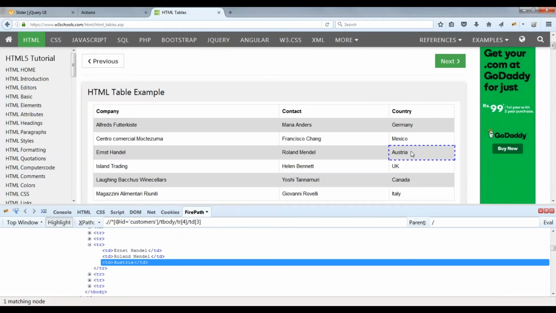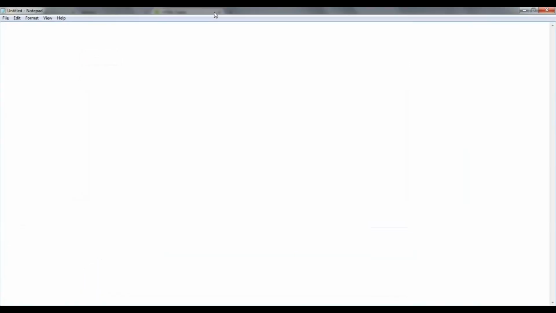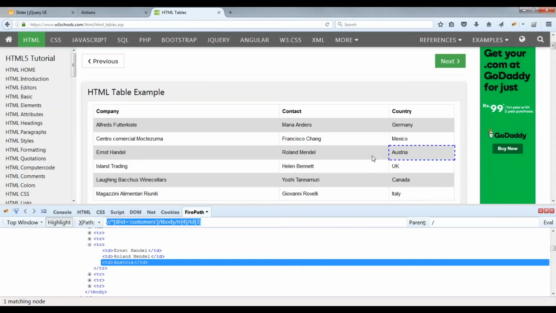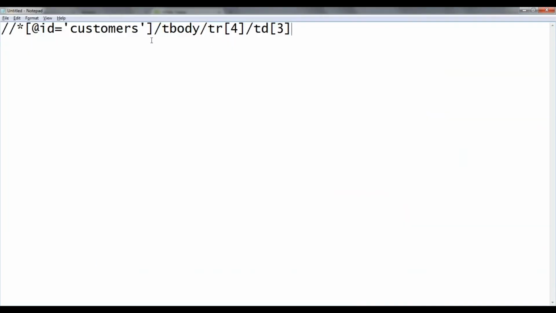Okay. So let us directly consider one scenario. I want to get the value Austria, or I want to get the value in the table where it is in fourth row and third column. Okay, so that is my first approach. So let me copy this. So directly if they provide, pick the cell data where it is there at fourth row and third column, then you can see here the entire x path, I'm going to divide here.